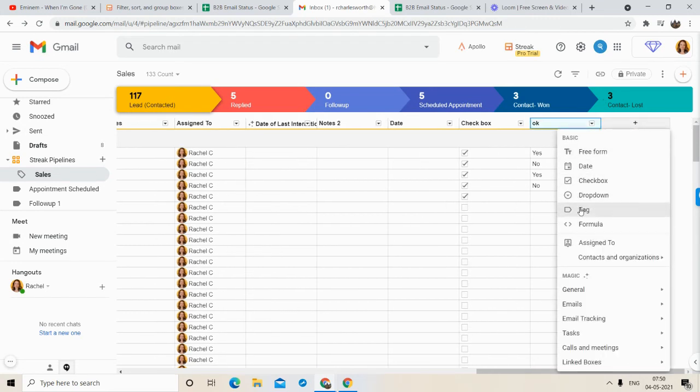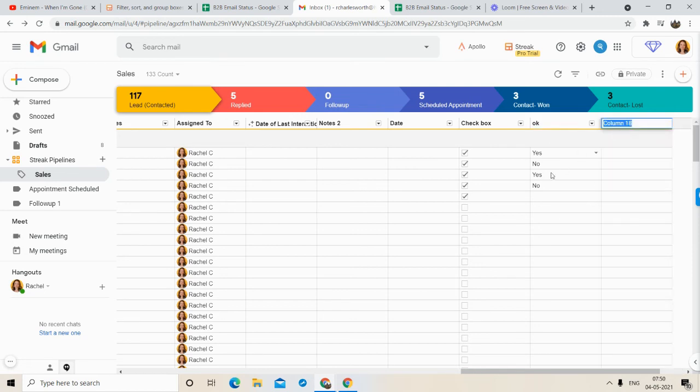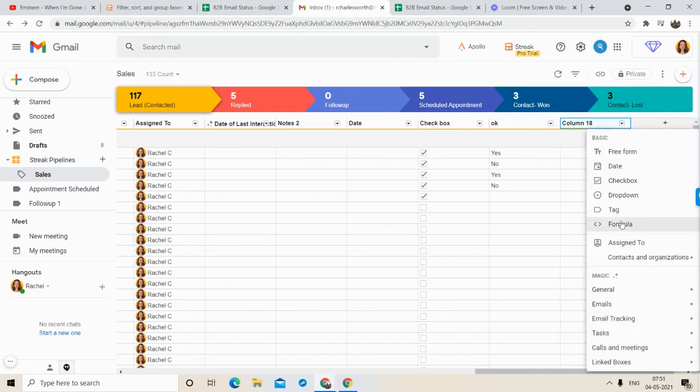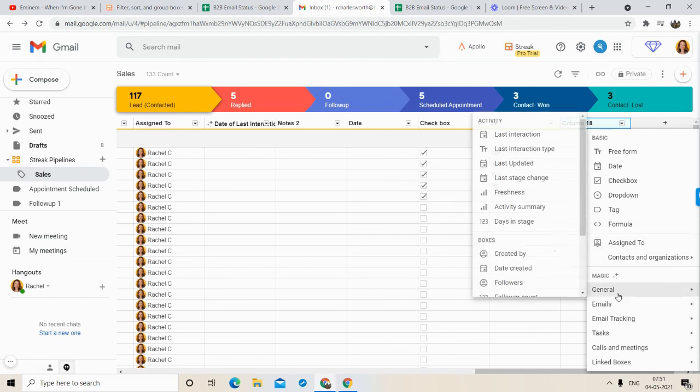Now talking about tax. If you want to tax something, then you can do that. So there is a formula. I will show you in a few minutes what the formula looks like separately. You can basically use formulas as you do in an Excel sheet. Assigned to organization magic. Again, I told you these are all the new features they add.